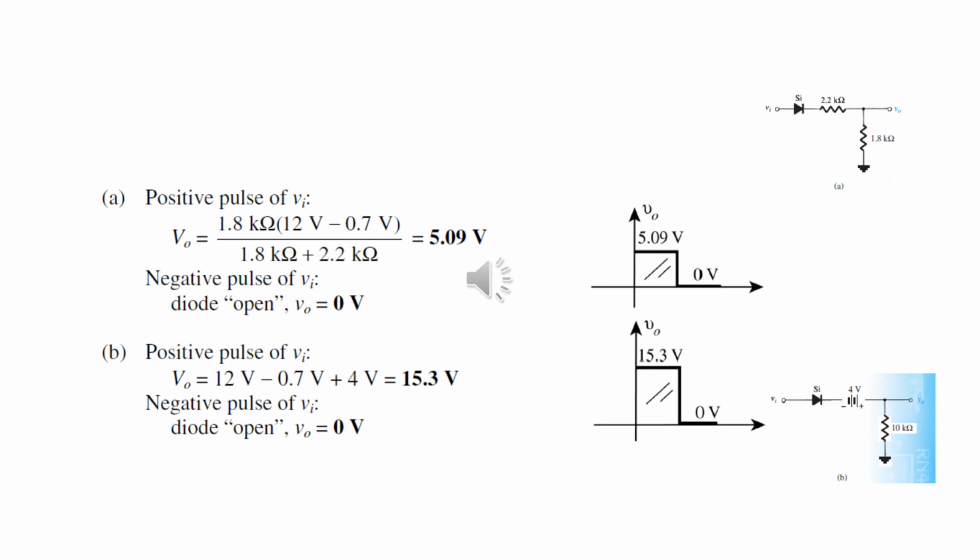Coming to figure B, we have seen the diode is forward biased by 4 volts. So that means as the negative is held at minus 4 volts, if we give a positive voltage more than minus 4 volts, it will be conducting. So the output voltage will be V naught equals Vin minus 0.7 plus 4. Putting in the values, if we put in 12 volts over here, we will get 15.3. So the peak will be 15.3 in the positive cycle and 0 during the negative cycle when the diode is open circuited.